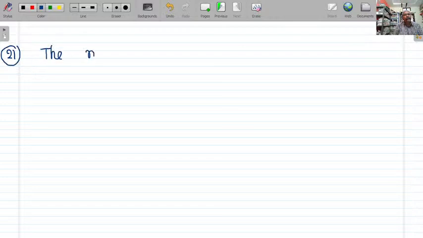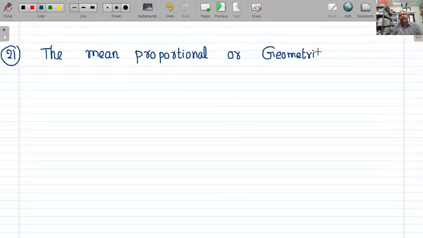The mean proportional is also called the geometric mean. Both are the same. The geometric mean of 8 comma 32